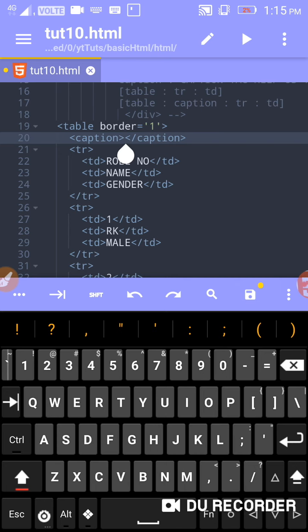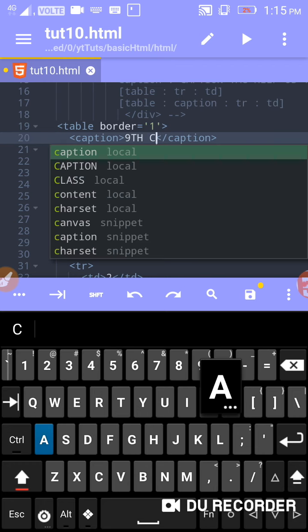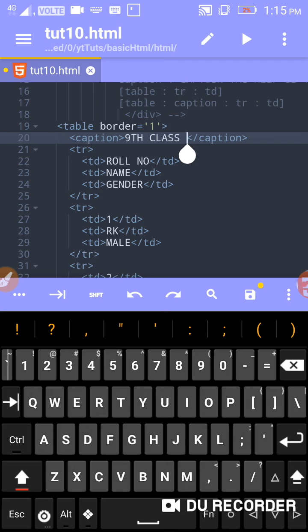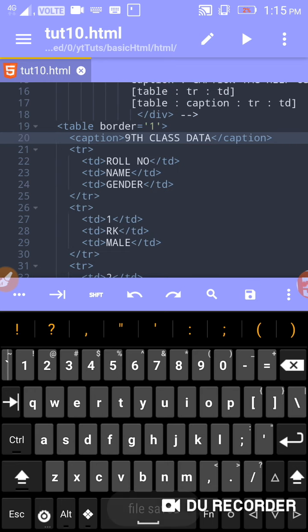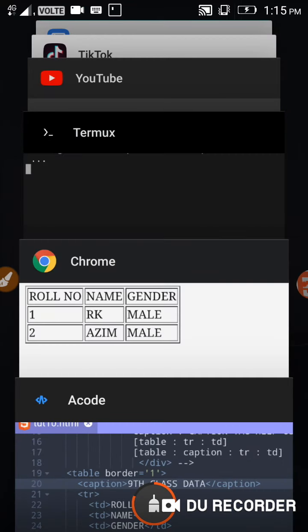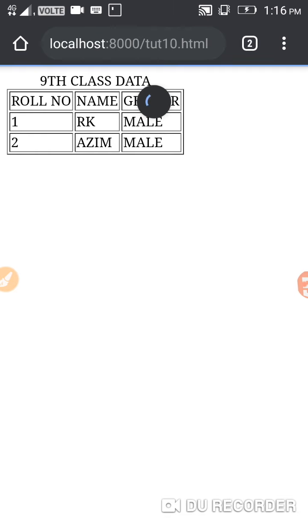Now what is the name of this table? 9th class data. I'm going to save this now. I'm going to check this in my browser. We get now this, 9th class data,